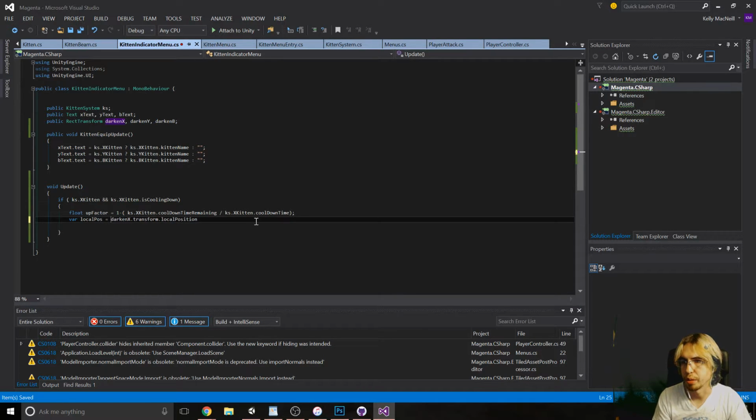Local pos equals this. Local pos dot y equals up vector times